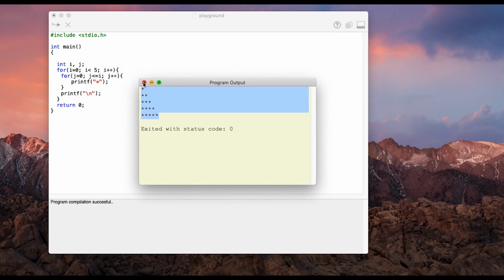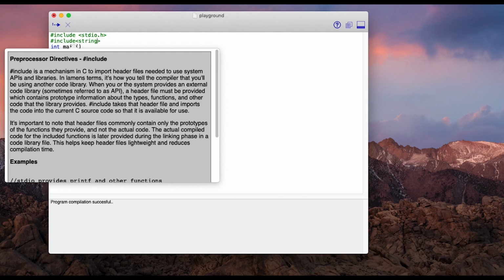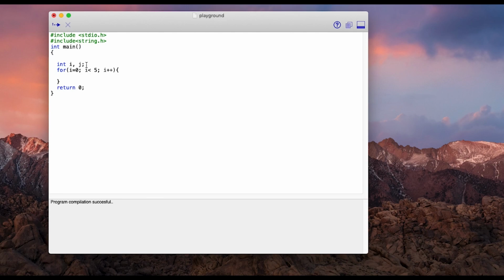Now for the other method, I'll be using only one loop along with the string method available in C. So let's get started. Let me remove this for loop along with the printf statements, and here let's include string.h. After this let's declare a variable char str, and let's assign some size, 10, and then here I'll use